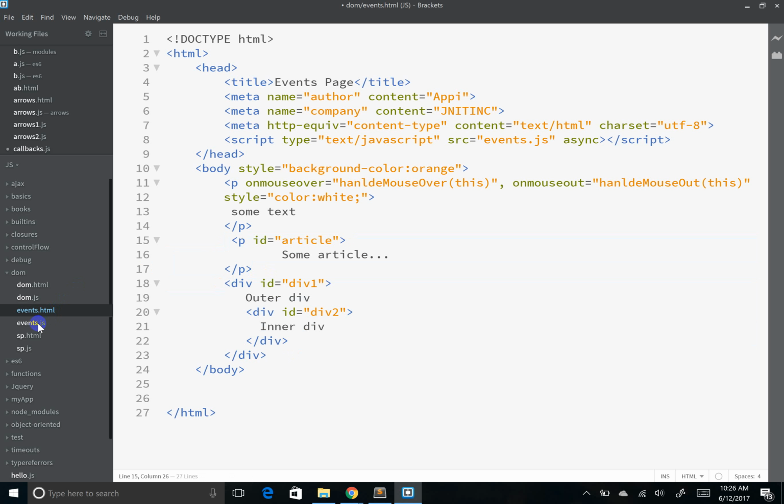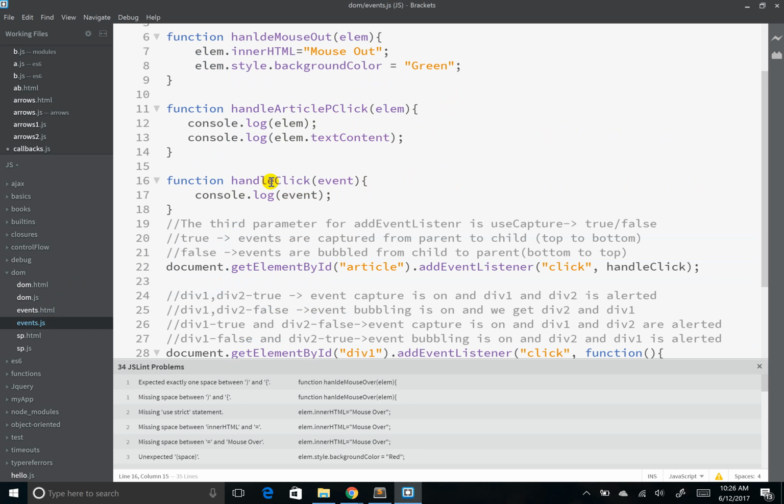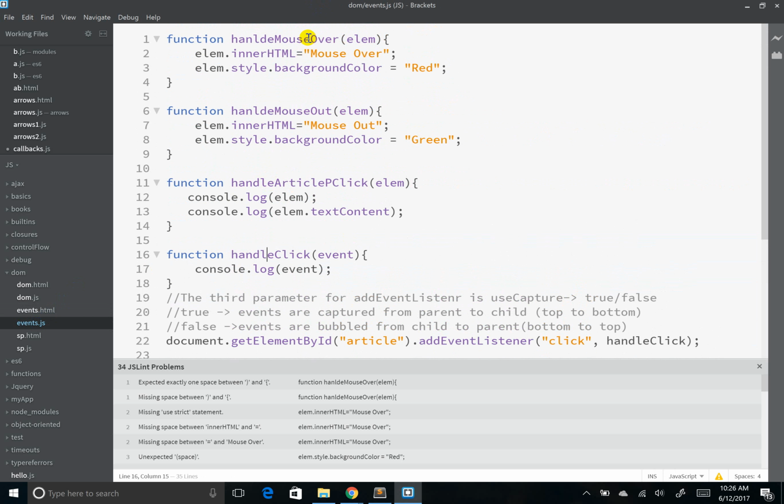Alrighty, let's take a look at events.js to see those two functions we have: handle mouse over and handle mouse out. Here, this refers to your element. We are passing that this, which is your element, so we can access the properties of the element. You can dynamically change your element properties. You can add styles, remove styles, change the text of your element, and all of that. Here I got the element, and I want to change the inner HTML